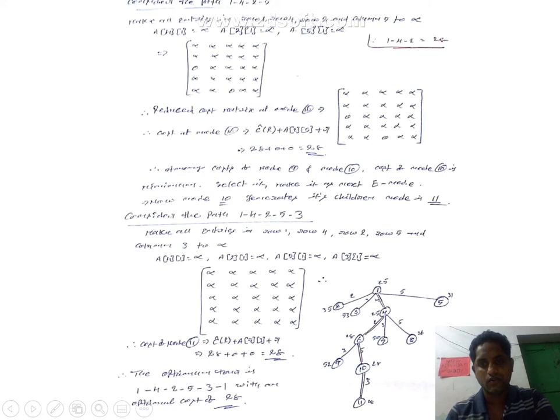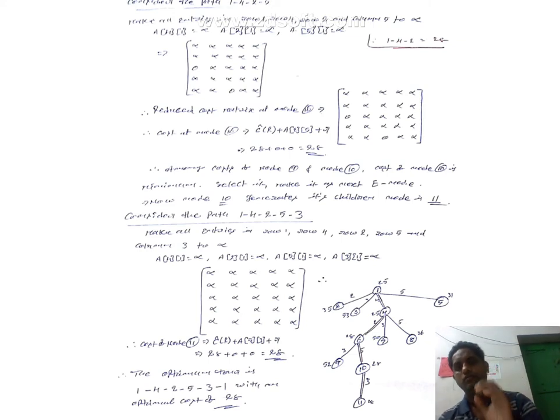C 1 2 3 4 5 in 4 6 7 8 9 10 11. This is the path. So likewise we have to solve the traveling salesperson problem using the branch and bound technique. First we have the cost matrix, and we reduce the column and reduce the row, then we can get the values.